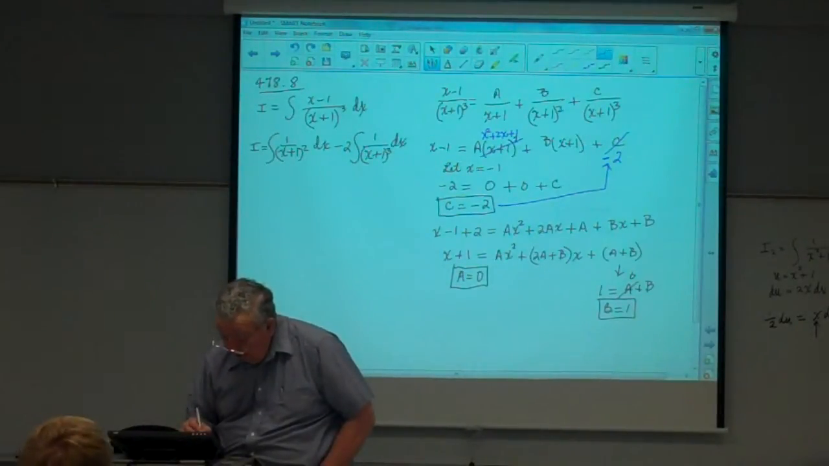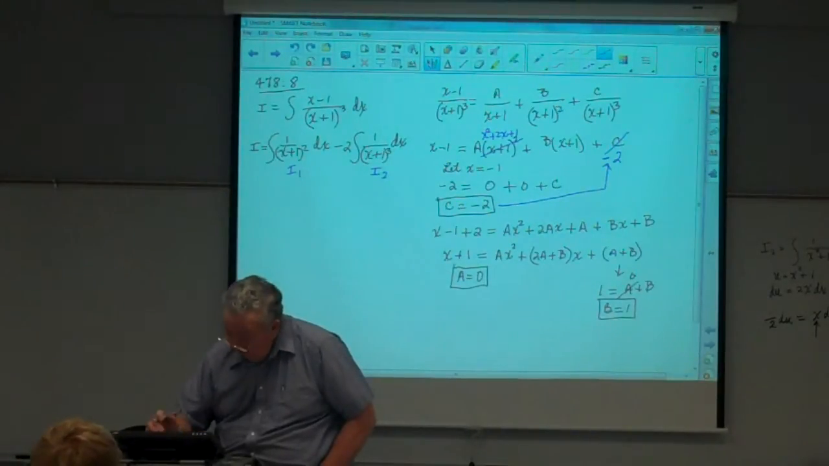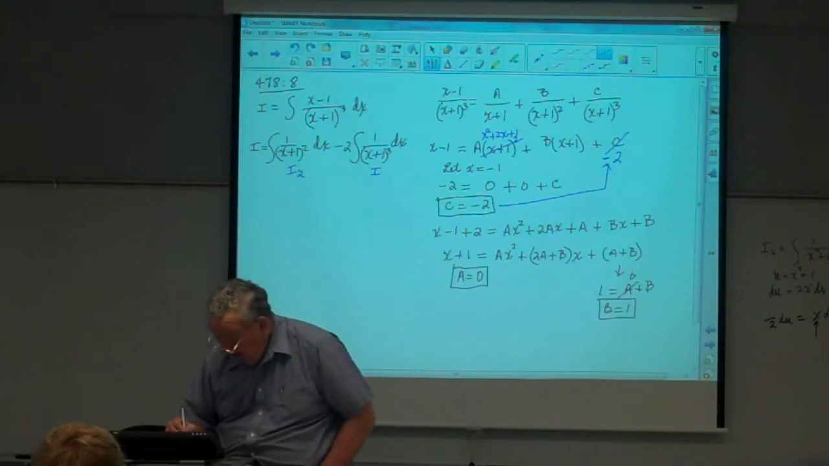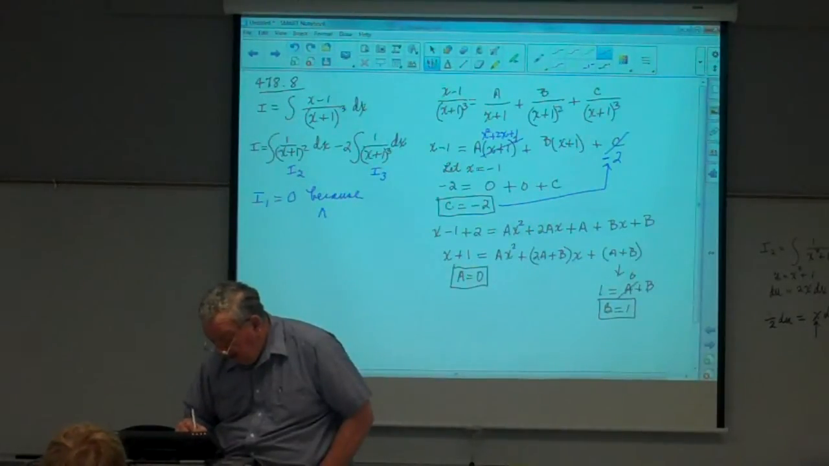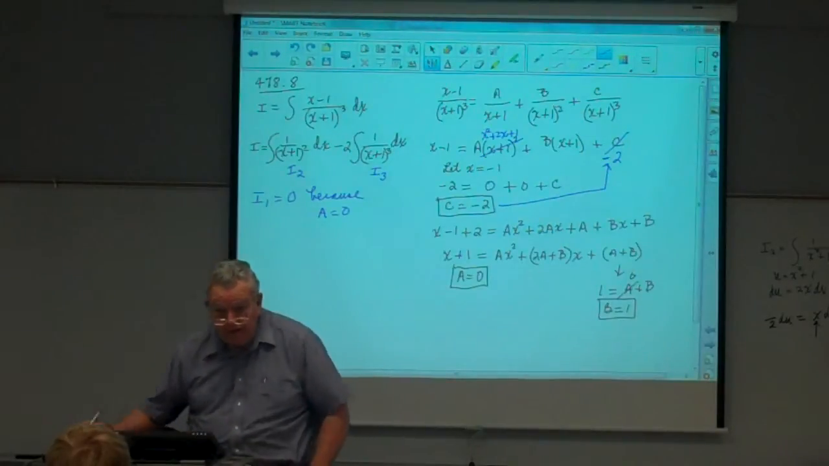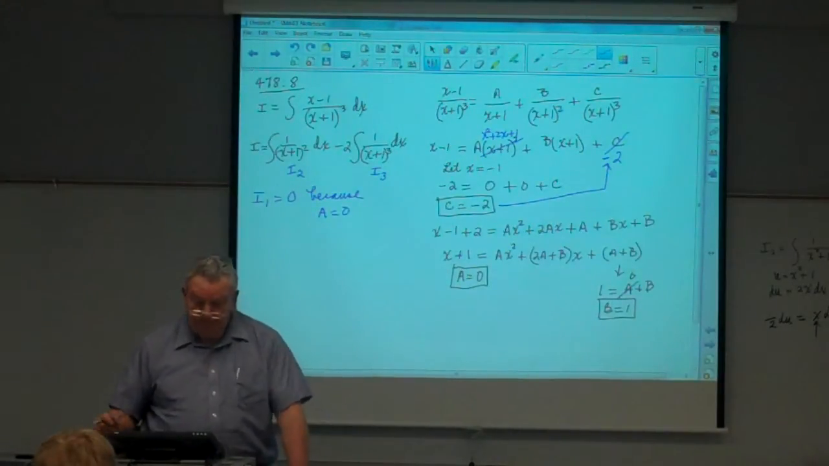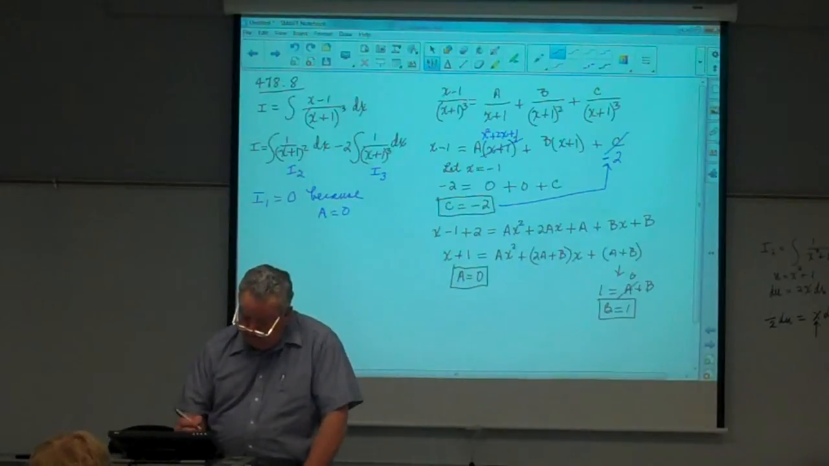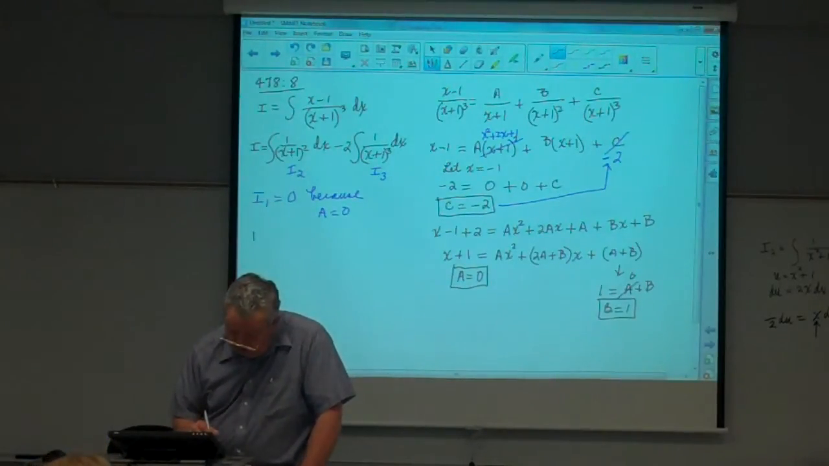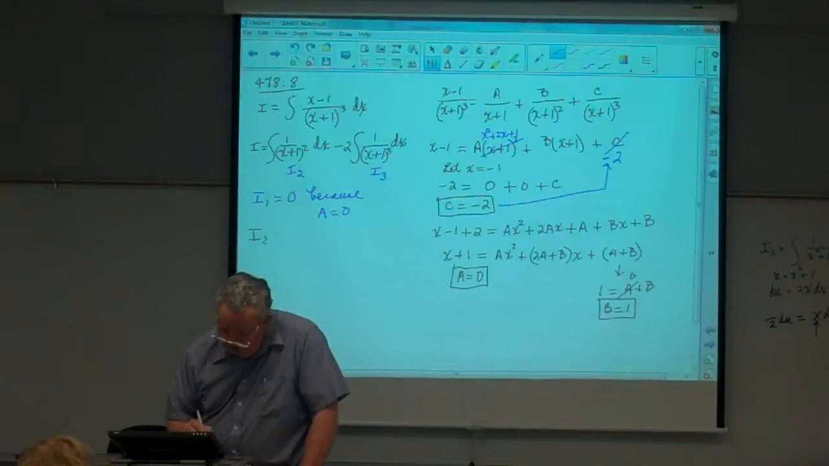And we'll call this I1, and we'll call this I2, and this I3, and say I1 is equal to 0 because a is equal to 0. Is that true? So now, for I1, I2 is equal to